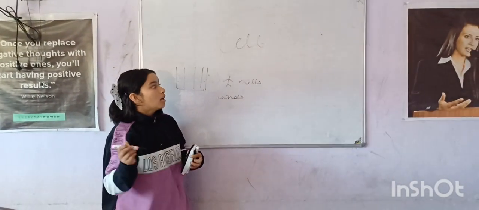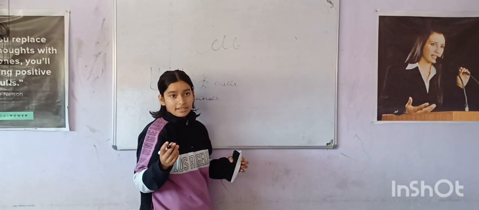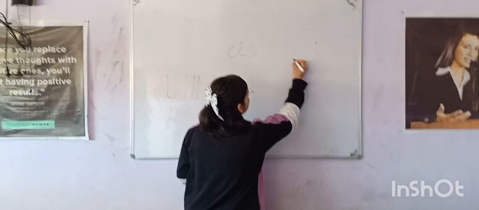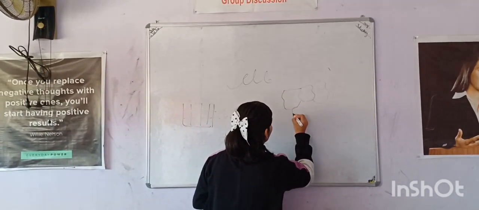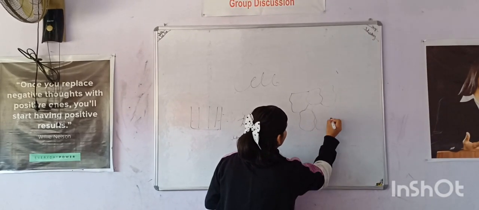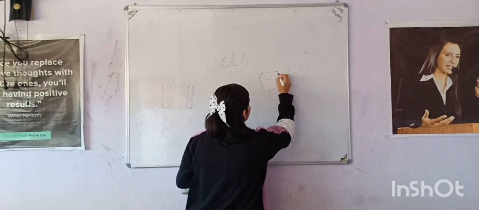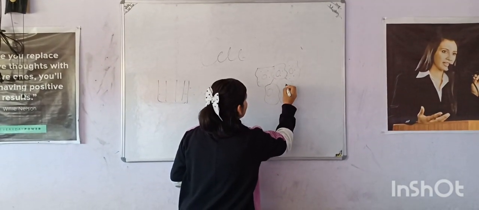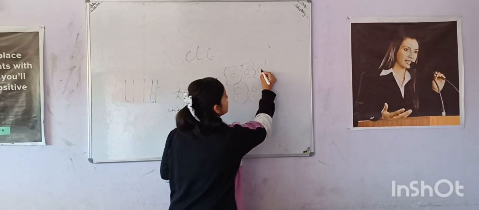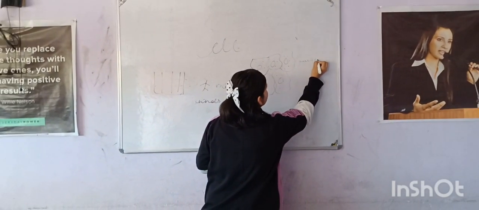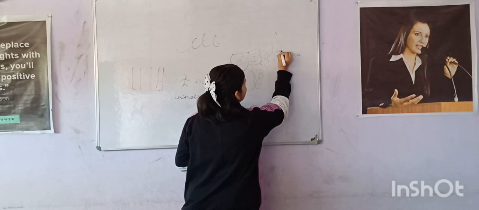Now let's move to the parts of the cell. We will understand it with the diagram of a cell. So this is the diagram of a cell. As you can see, the spherical structure is known as the nucleus, and it is covered with a boundary which is known as the nuclear membrane.